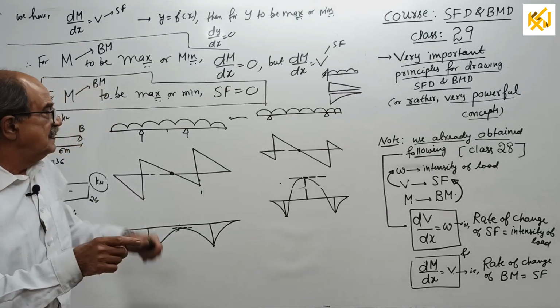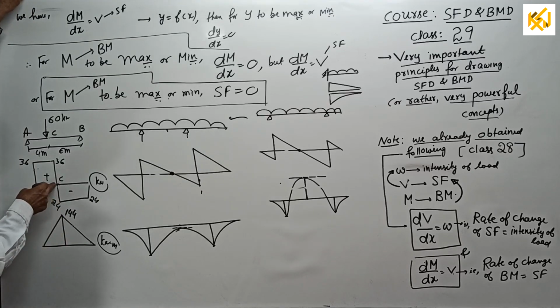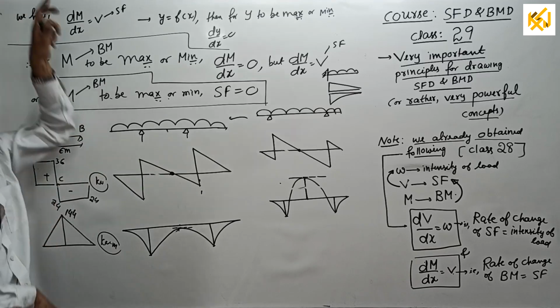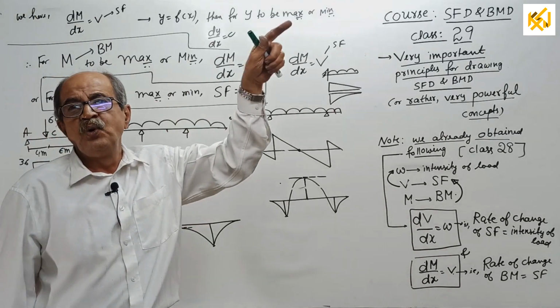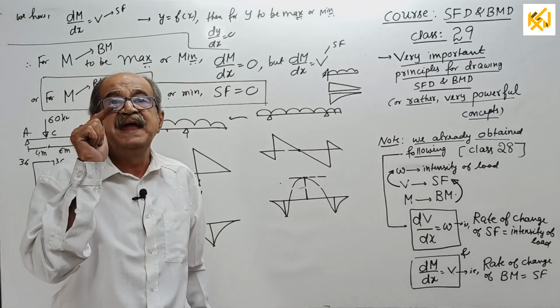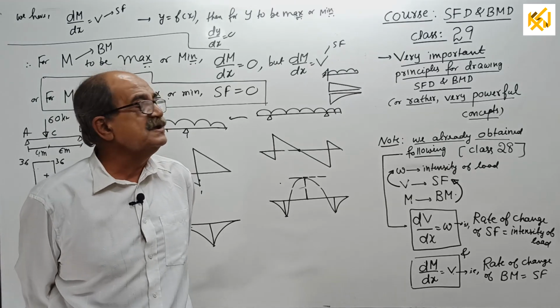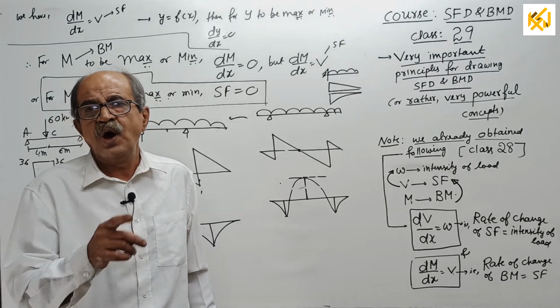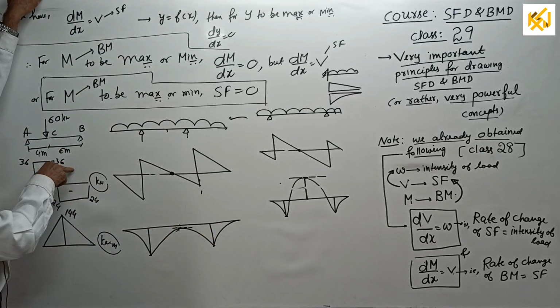But now a doubt comes. Sir, you told the bending moment is maximum where shear force is 0. Shear force is not 0 here. Left side shear force is 36, right side minus 24. Where is 0? Yes, there is a principle. This principle I am going to upload in a special series, Brain Teasers, which I am going to start a little later, for people who want the ultimate concept. In that class I will tell the complete reasoning.